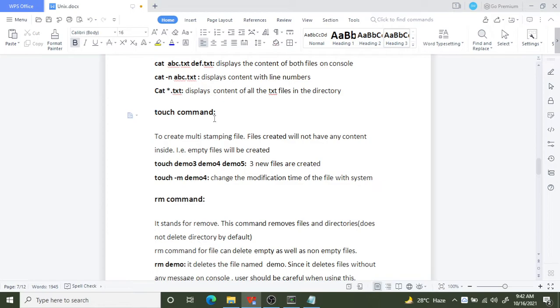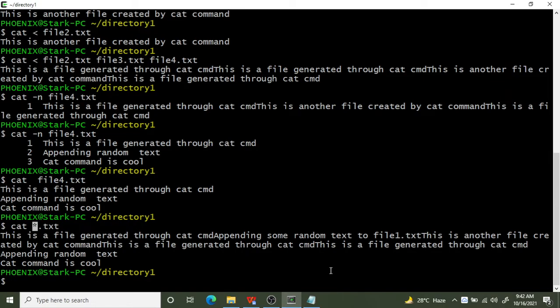When you create files with the touch command, there won't be any content inside. If you create five files, all of them will be empty. It's a simple command. They will ask in the interview how to create a time-stamped file, and you say it's the touch command.